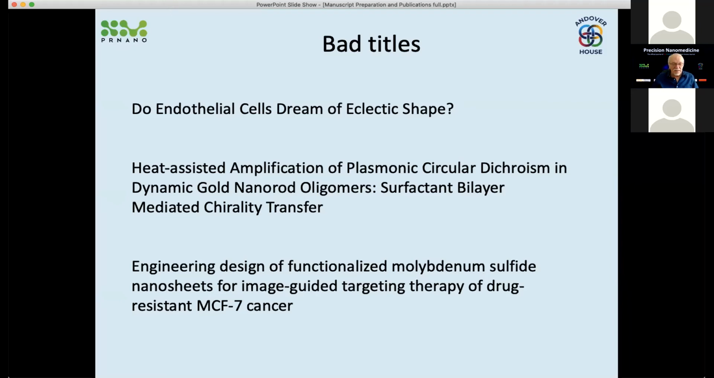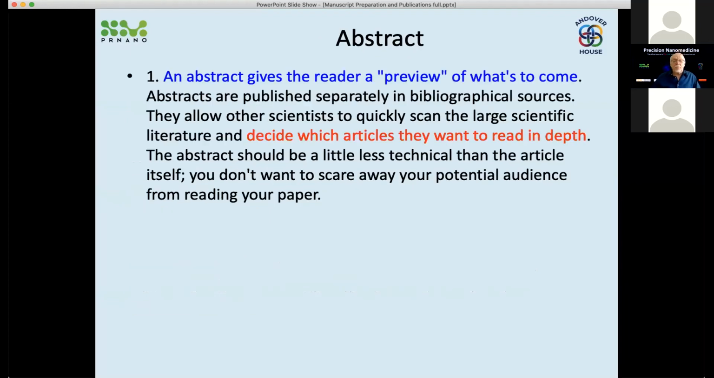I bet that most of the MDs stop reading after the first row. This is because it emphasizes engineering, it emphasizes a molybdenum sulfide nanosheet, which is already at least three or four unknown words for an MD. Let's talk